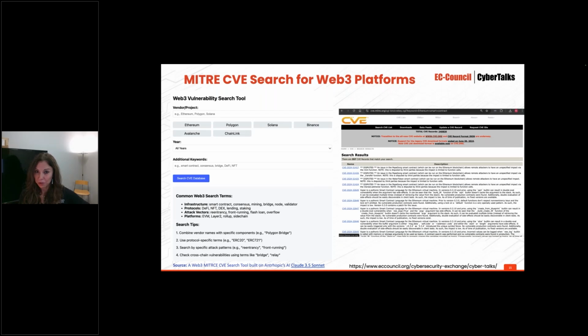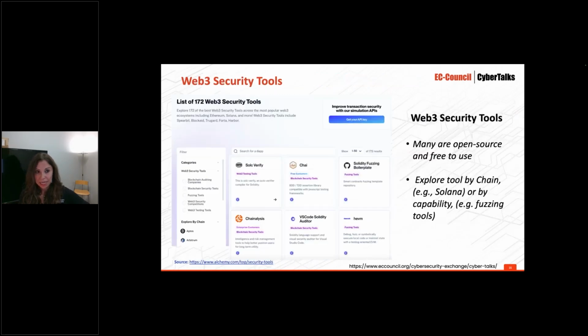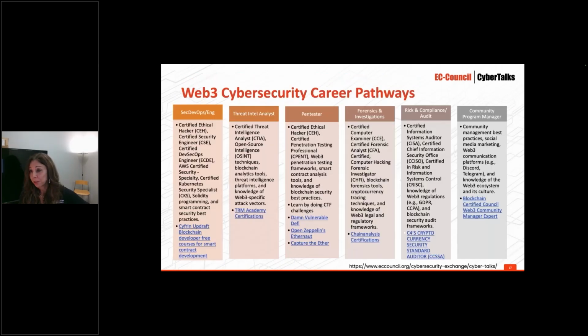Okay, so the last slide here is Web3 cybersecurity career pathways. I'm showing just a couple of examples of the cybersecurity career fields. And down here, I'm giving some links on things that I've found to be very helpful. So here is a